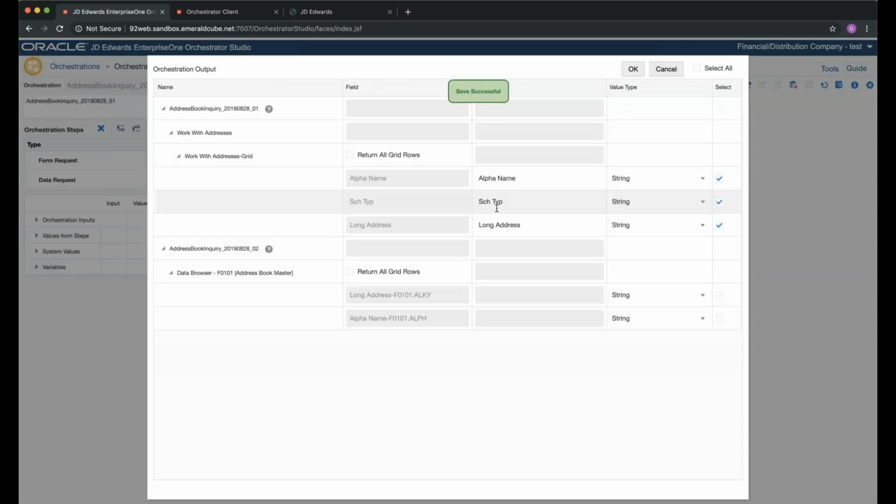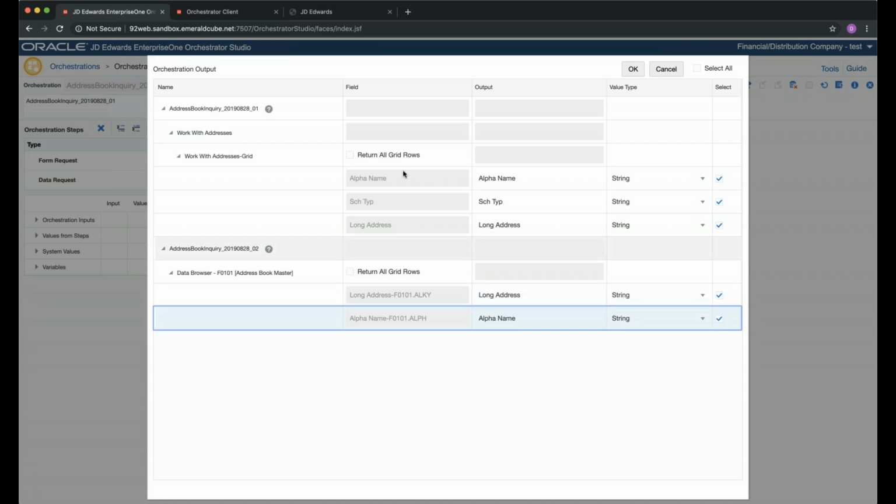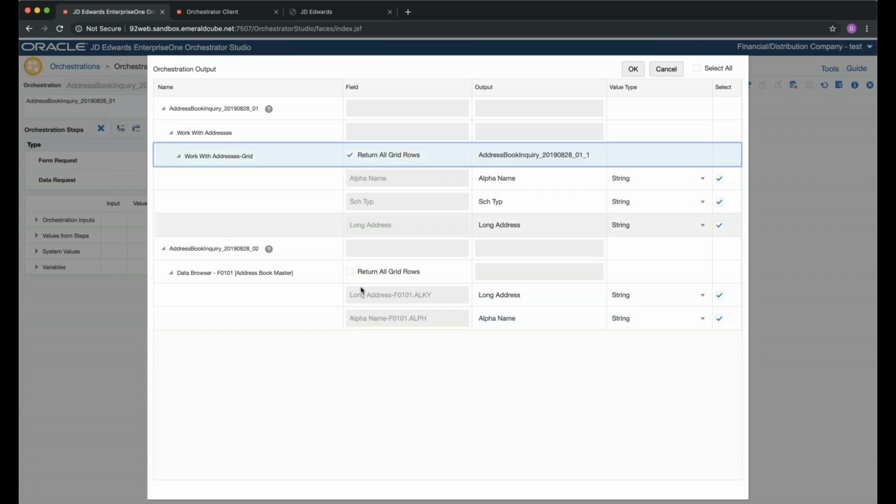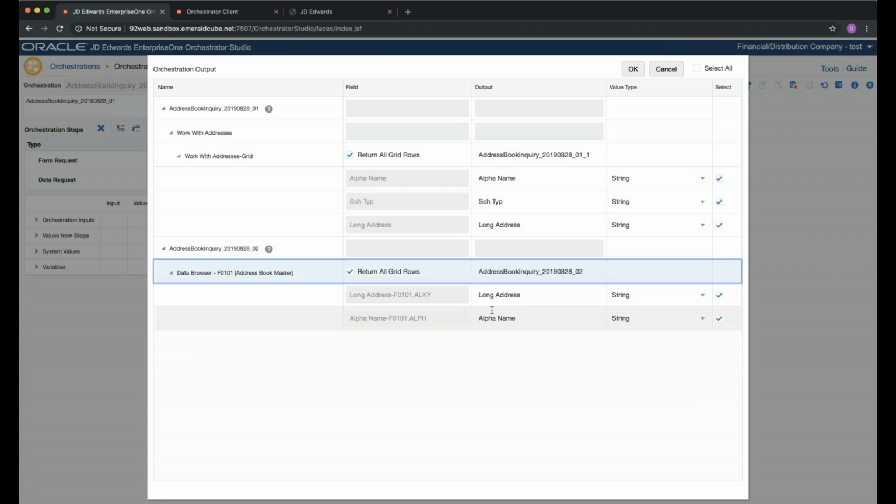Now we'll open the define output, and you'll see here that we have the address inquiry 2, and we're going to select these 2 as well. And this is what I was talking about before. You see we selected these 3, but we didn't click return all rows. So in this case, we're going to return all rows of both of these to show when we do a less than or a greater than. Actually, this one's not going to play well with that, but this one will return us some rows. It might not like it very much, but that's okay.